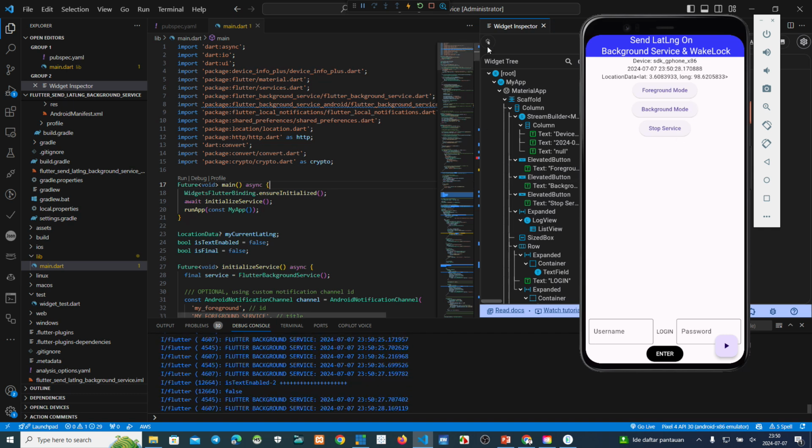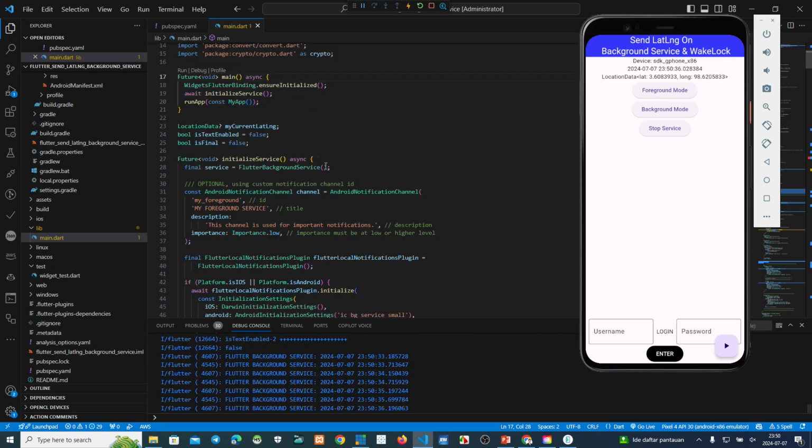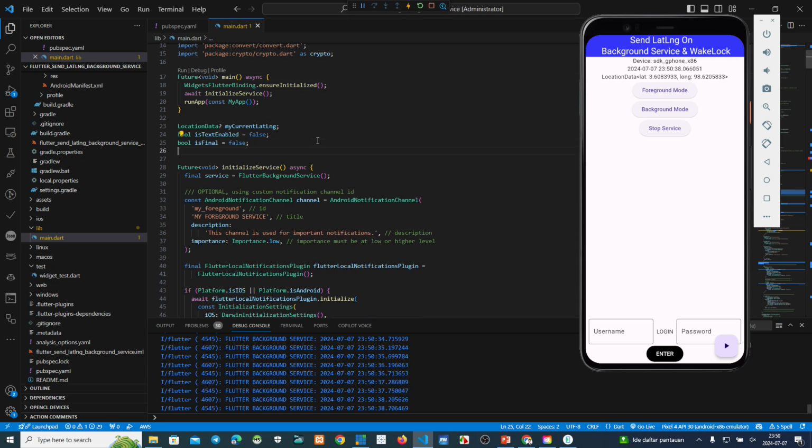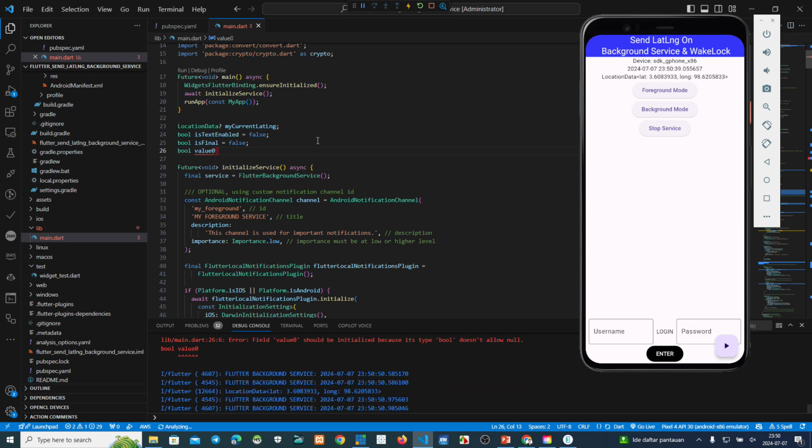Oke, pertama kita buatkan setting parameter boolean. Okay, this one we make a bool. We make the name value 0, nilai awal is false.